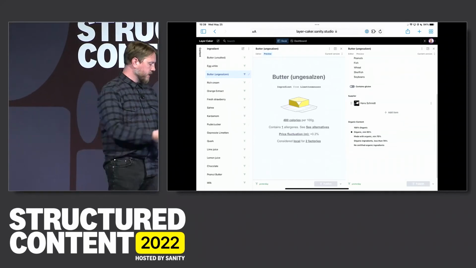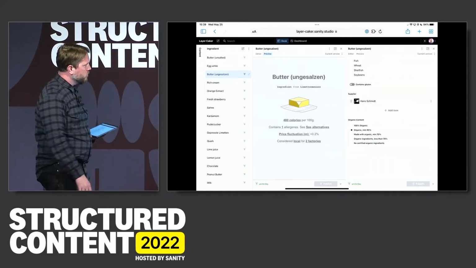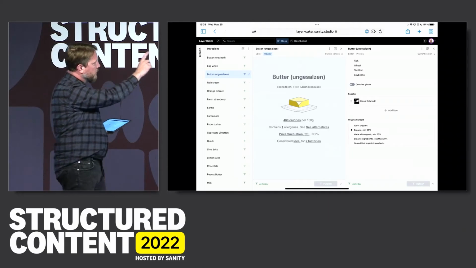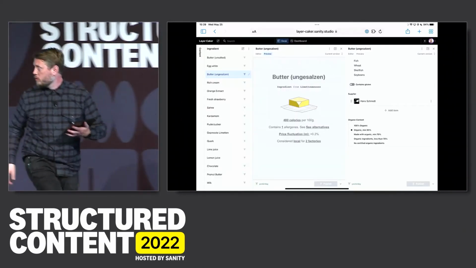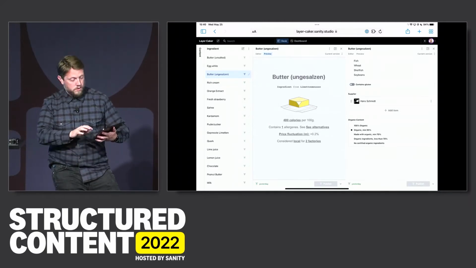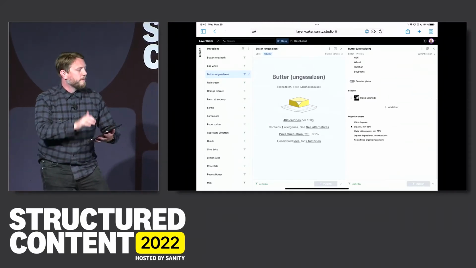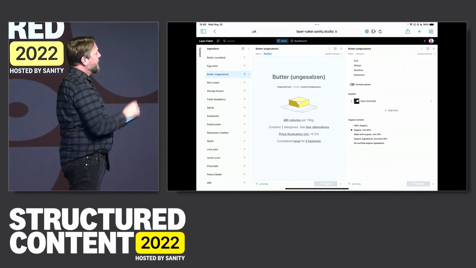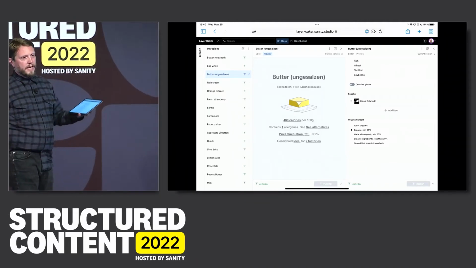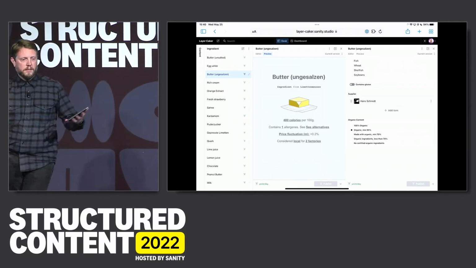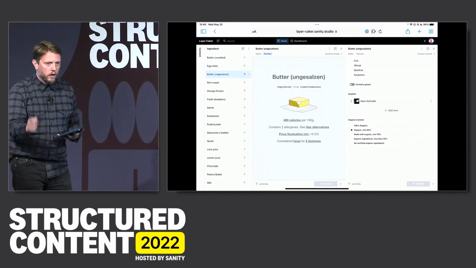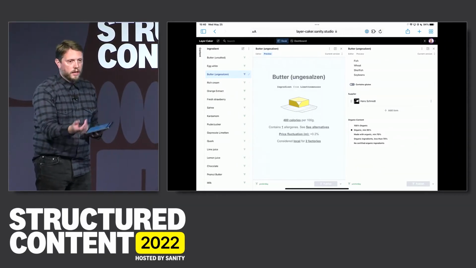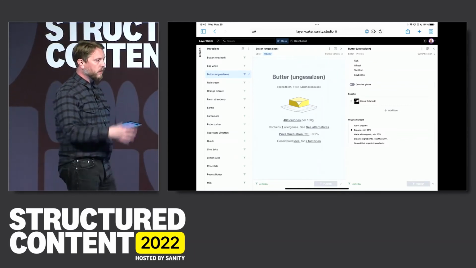One important thing is, is it organic or not? Just as with the allergens, collecting the organic levels of your ingredients, again, the sum of those becomes, is this cake organic? You don't control that on the cake level. If you adjust anything, it just keeps updating by the connections.